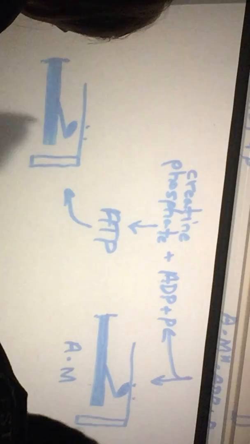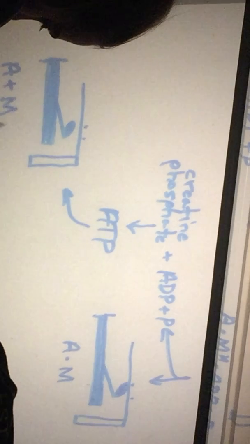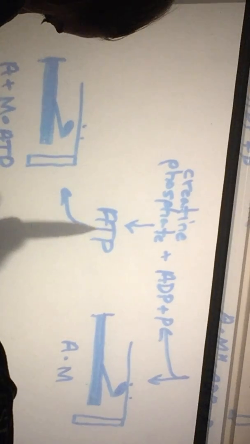So if I draw this final picture, what we've been drawing the whole time, it's still folded over, but now it's not attached. Here's just reference points, is all that is. Now I'm going to draw this picture as A plus M, and ATP is attached to the myosin. A whole brand new, fully charged energy molecule is attached to the myosin, and that brings us